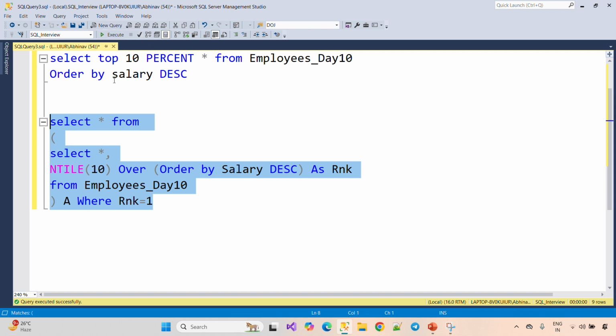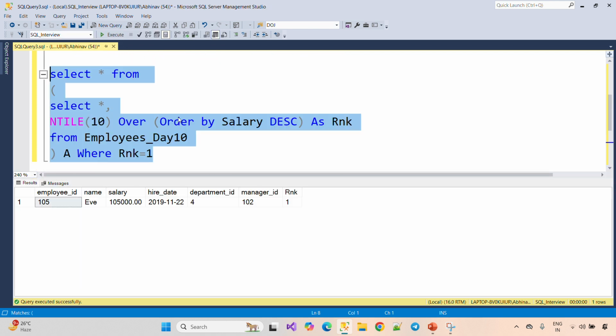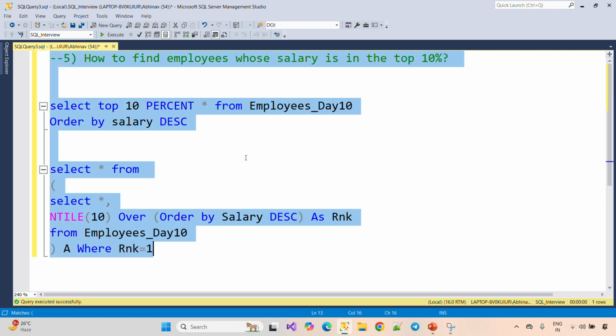Okay, so by using top it is very simple, and if they do not tell you to use top, then you can use the NTILE window function also. Now execute this. So here you are getting the same output. Now move on to the next question. So next what we have,